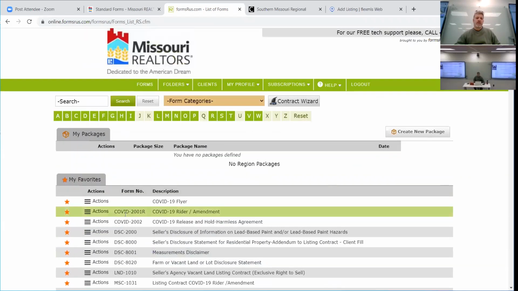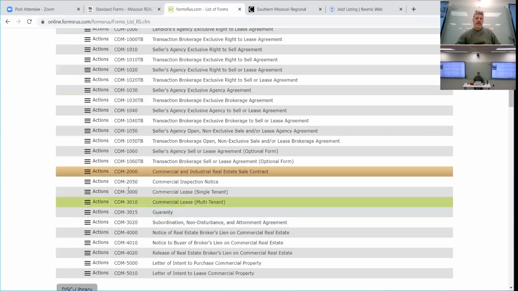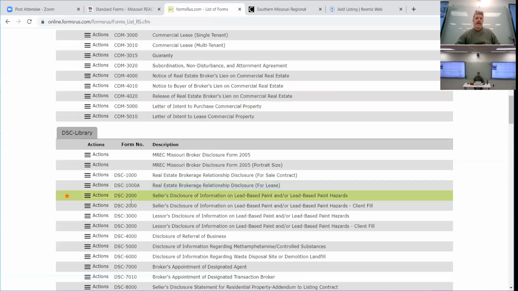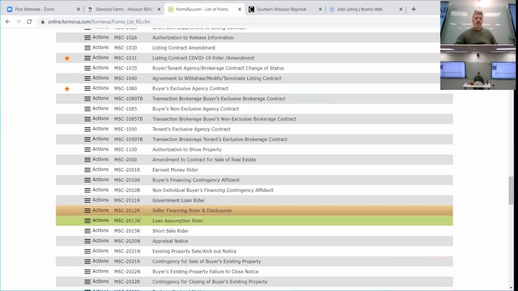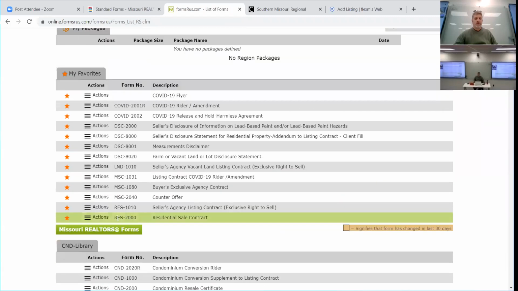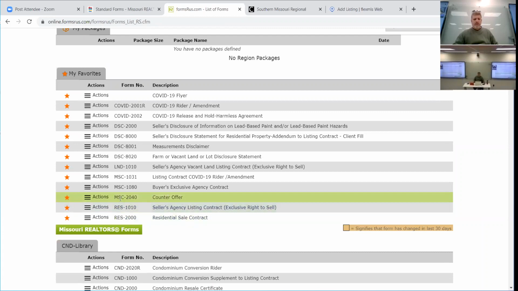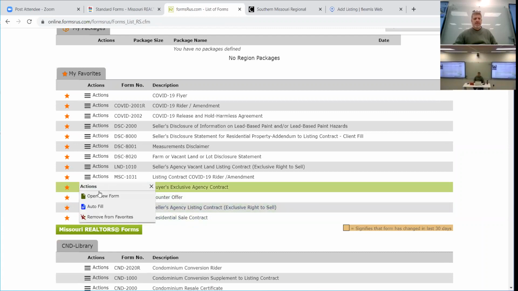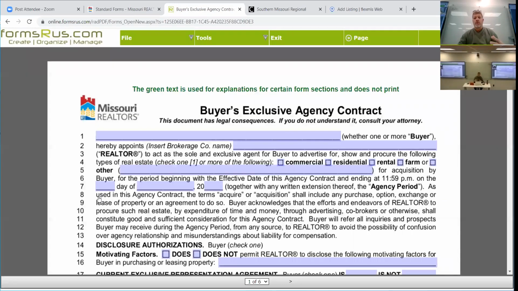The Missouri Association of Realtors, their site where the forms are. If you use this site, the nice thing is like today, it's showing us they've highlighted all of the forms that have actually changed. So if you didn't know what had changed, you can come through and see them that way. We're going to cover a couple of those. The first one being, actually not the real estate contract. We're going to do the buyer's exclusive agency contract first, which will look very similar to what we did last week as far as the way it works.